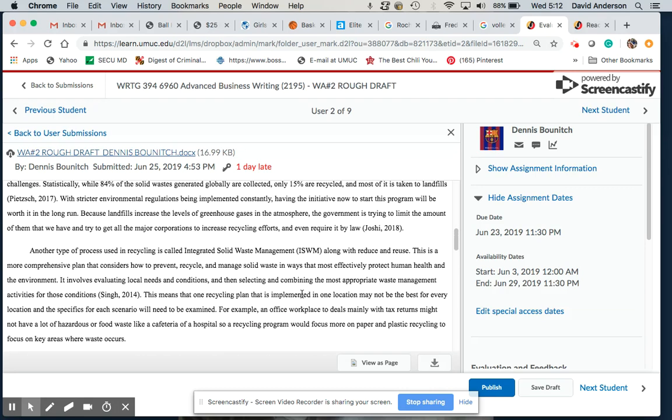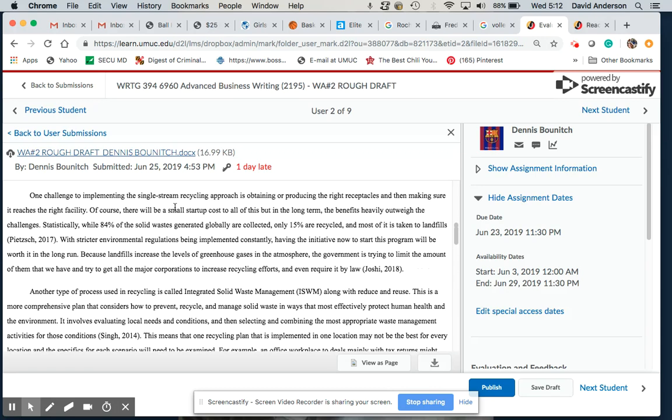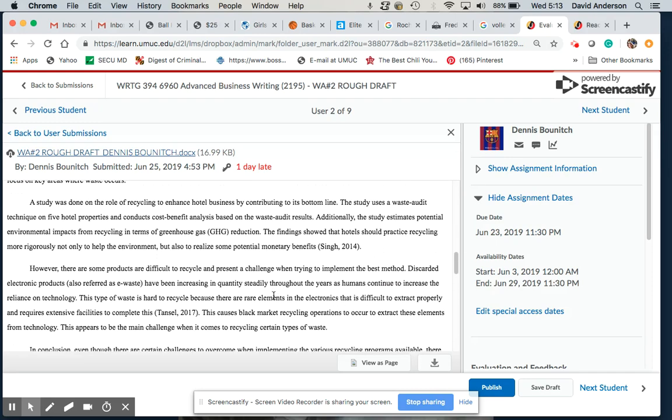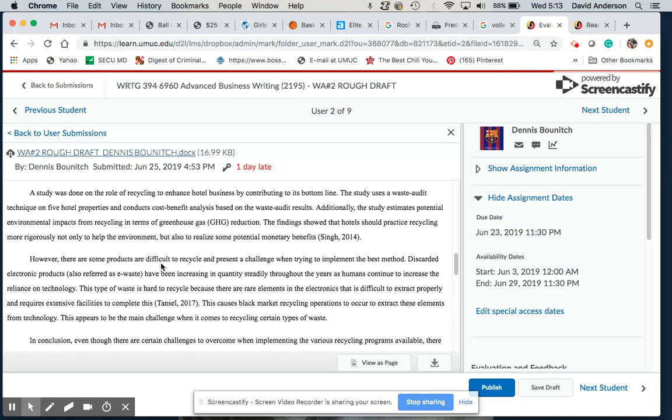Second would be types of recycling programs. So one would be single stream recycling, and this one, integrated solid waste management. So these are types of recycling programs. And then a third topic, not easily recycled materials like this. So those are the 3 topics that you talk about already, but you need to define,